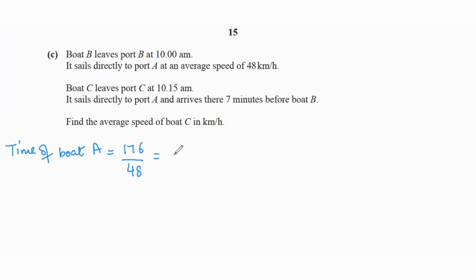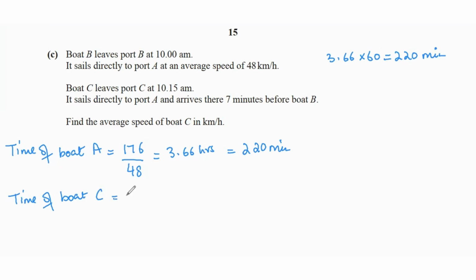That's going to give us 3.66 hours, which is basically equal to 220 minutes. We multiply 3.66 by 60. That gives us 220. Then you find the time of port